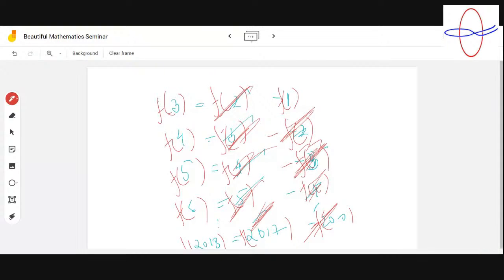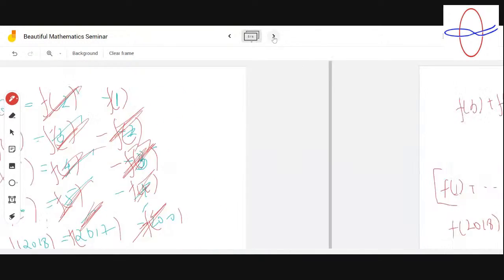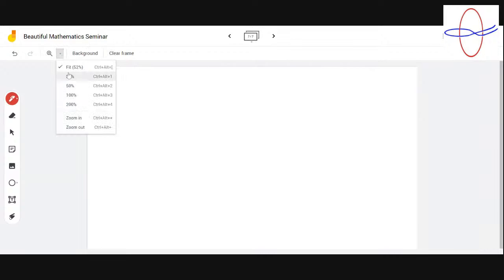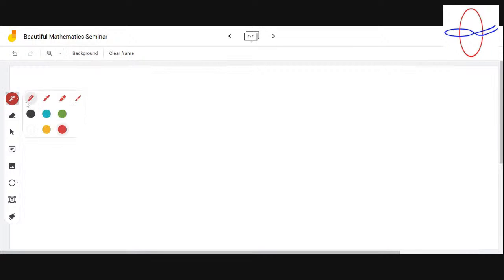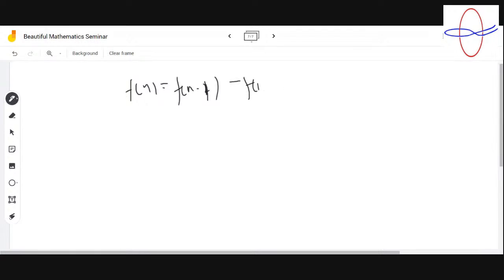I mean, Saurabh got a pattern, okay, and by that pattern we can easily find that. That's really easy. But there's another pattern. Want to see the beauty of it? Let's check it. Observe this very carefully, okay? Fn is equal to what? Fn minus 1 minus Fn minus 2